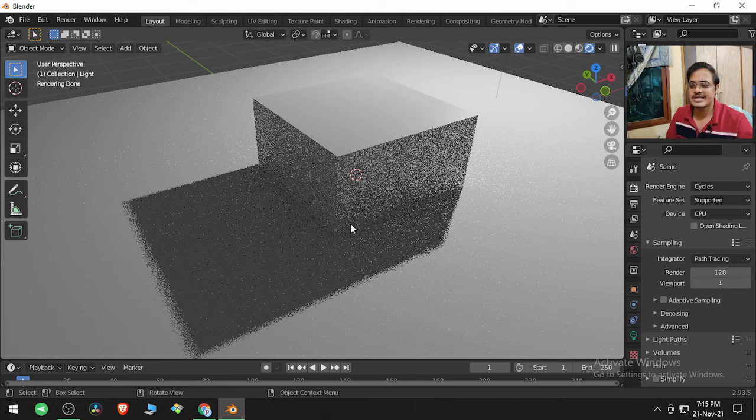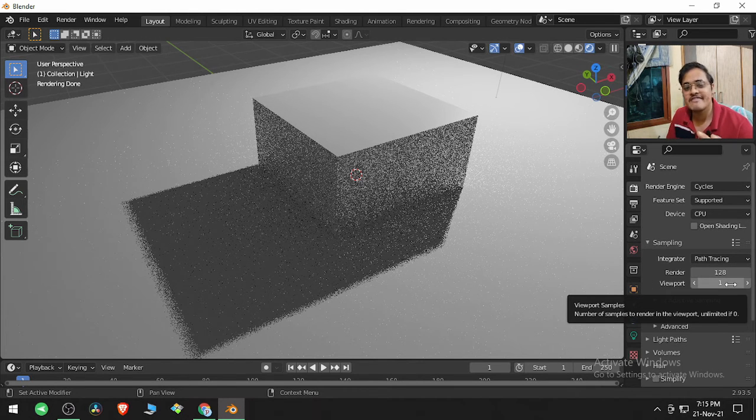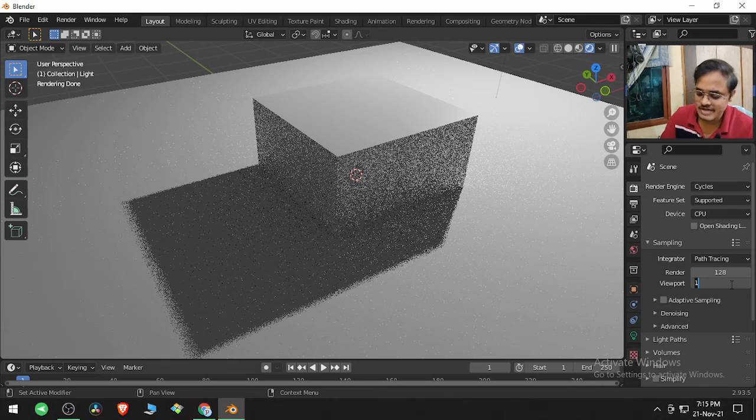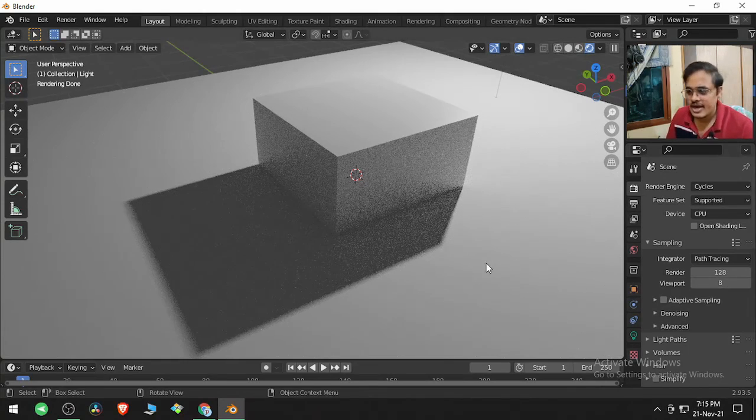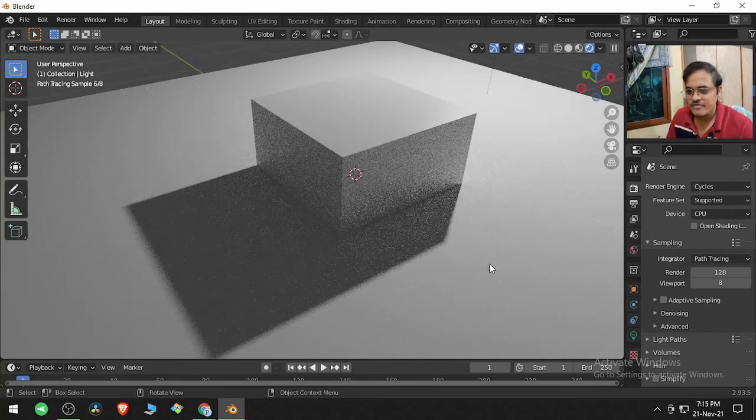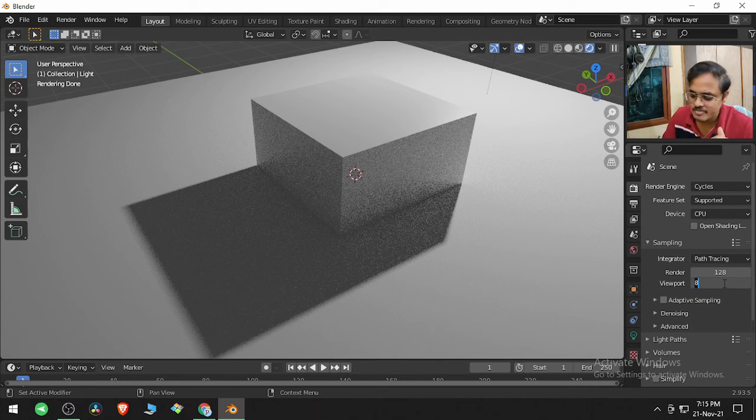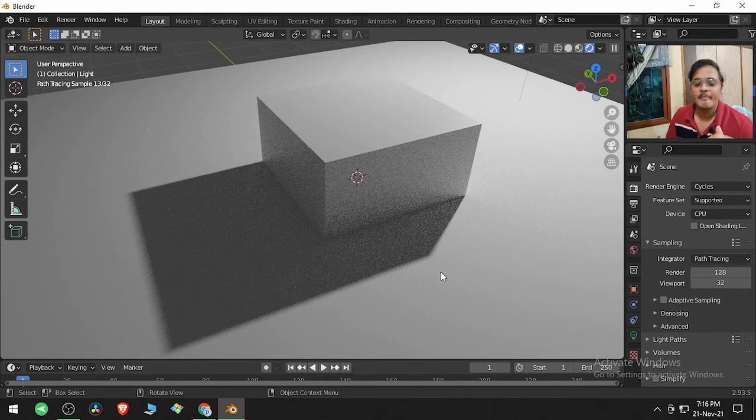This noise is created because we have given a lower amount of sampling value. If I increase this value to 8 and change the viewport a little bit, now the noise is being reduced, but it will take a lot of time to render. And instead of 8, if I type 32, there is even lesser noise, but a longer time is required by